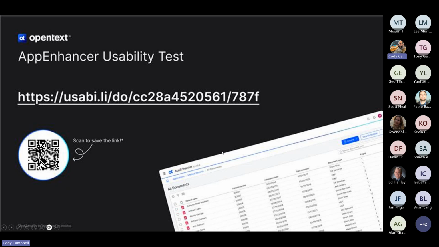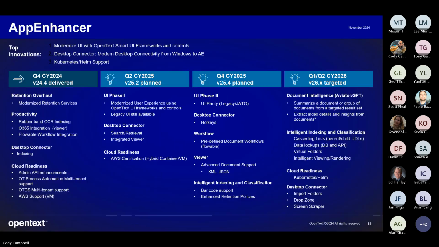But this is very important for you if you're interested in having a voice in what goes into the new UI, because there's a few design decisions we need to make in ways we present certain things, and we want to make sure we get the community's feedback so that we don't make the wrong decision. Okay, so let's get to the roadmap.